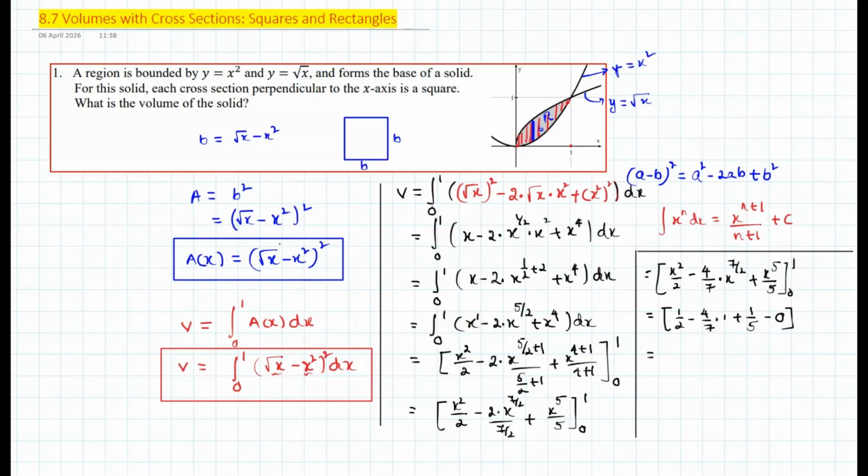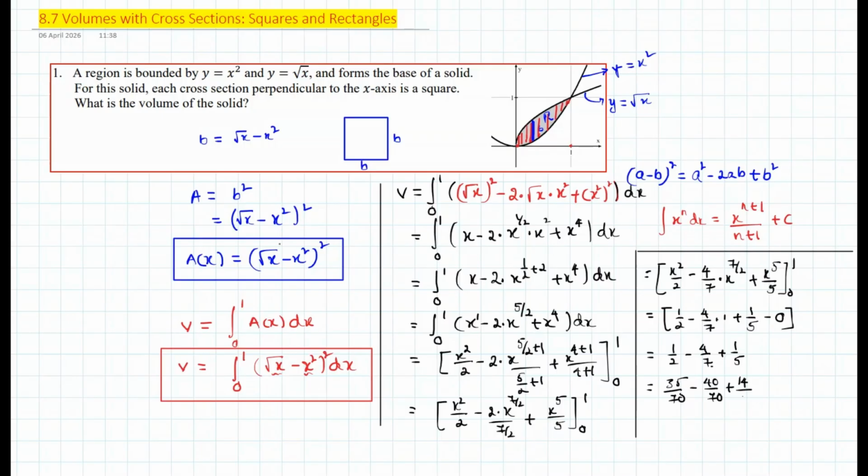This equals 1/2 minus 4/7 plus 1/5. The LCD is 70, so we can rewrite the fractions as equivalent ones: 35 over 70, 40 over 70, and